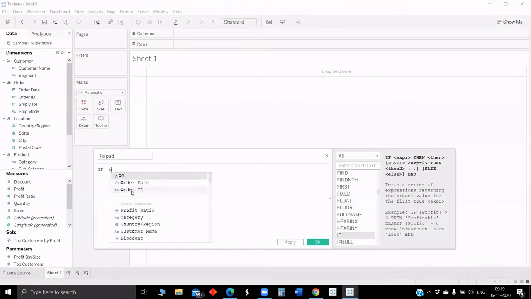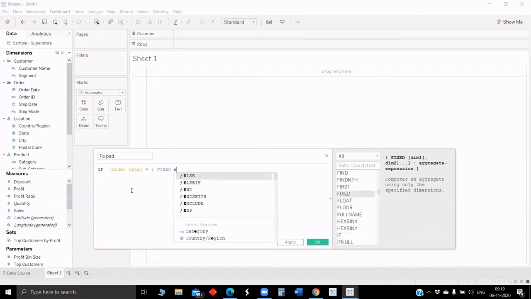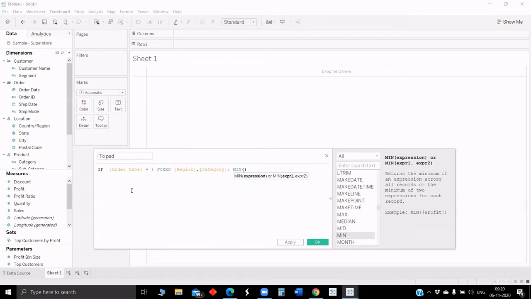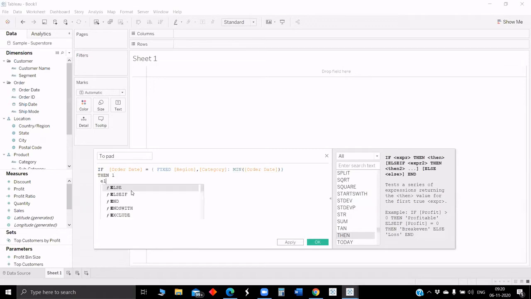If order date is equal to fixed... it's 49.